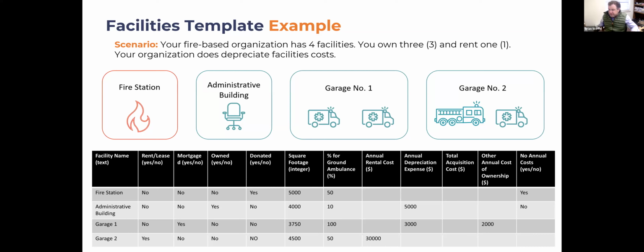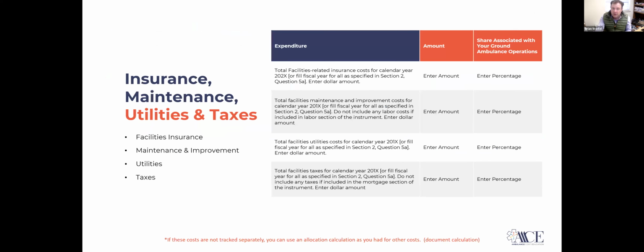When we say other costs of ownership, we're not including utilities here. Those will go into a different portion of the tool. In fact, they're going to come up right here. So it's going to ask you for the total insurance costs. This is the premiums that you wrote to your insurance carrier for property and casualty. This is not asking about health insurance for employees or anything like that. That's going to go in a separate section of the tool.